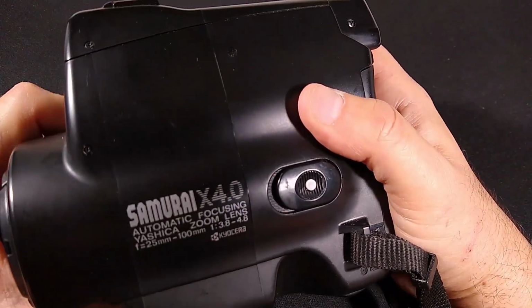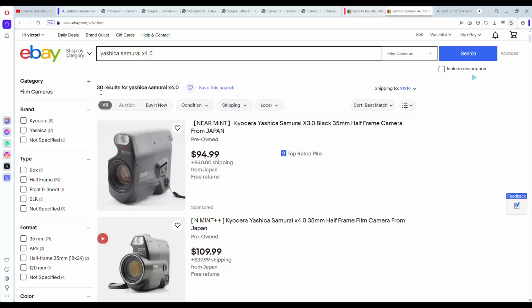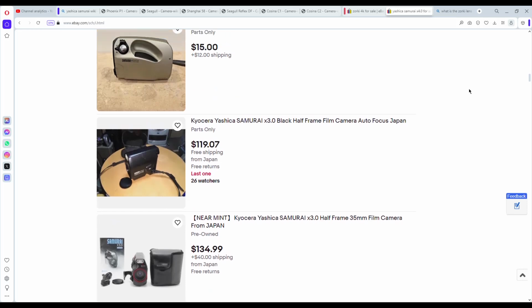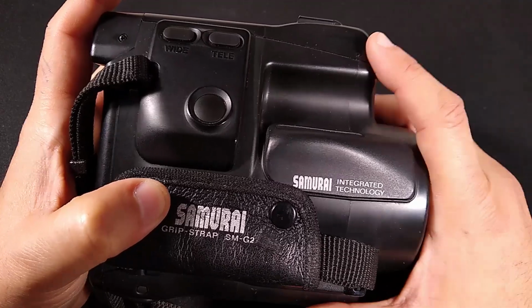So if you're in the market for your very own Yashica Samurai, there's a few of them out there, and these are starting to creep up in price a little bit on the secondary market, on eBay and so forth. They're kind of rare-ish, but what's funny is I bought this, no joke, from a thrift store for like $5,